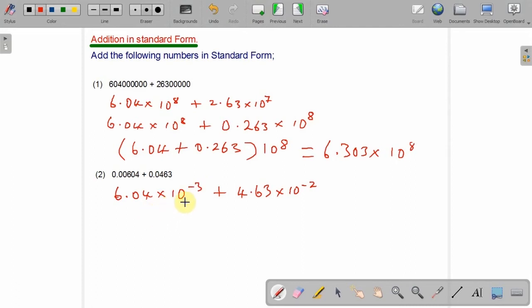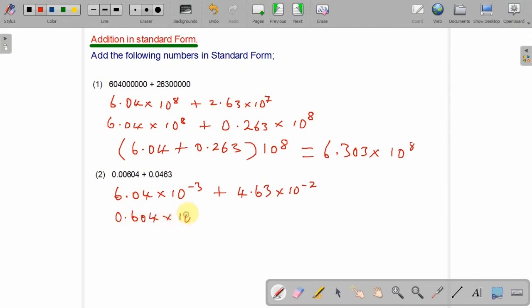Okay, how are you going to solve this? Remember, they are not of the same power, so it's difficult to add them. What you're going to do is look for a way to make this 10 and this 10 bear the same power. You can easily manipulate this one to give it 10 to the power minus 2. How are you going to do it? Instead of beginning from this 6 point, you can begin from here, 0.6. This is what I mean,